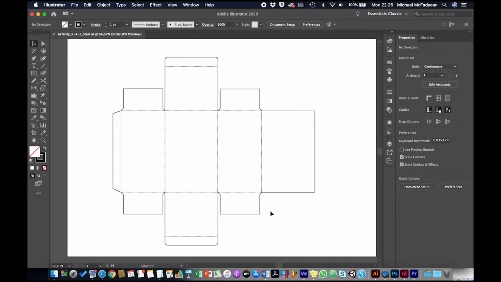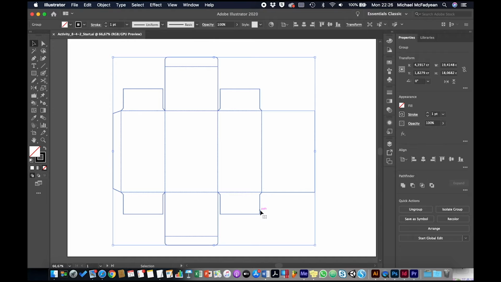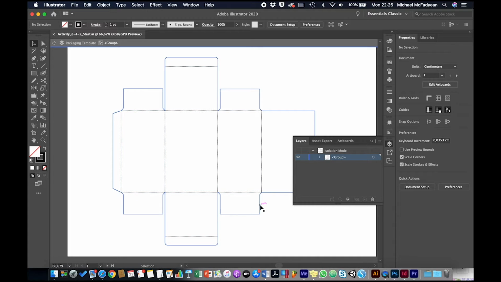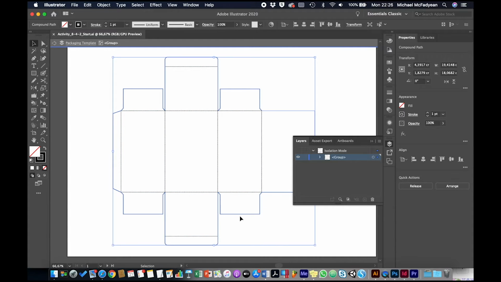So what we're going to do is use this as our basis to do our design. The first thing we need to do is create a die cut layer. The die layer is what the printer then sends off to have the die blade created so that the box can be cut accurately. So I'm going to go into this layer called packaging template, double click to enter isolation mode, take just that outline and copy it,